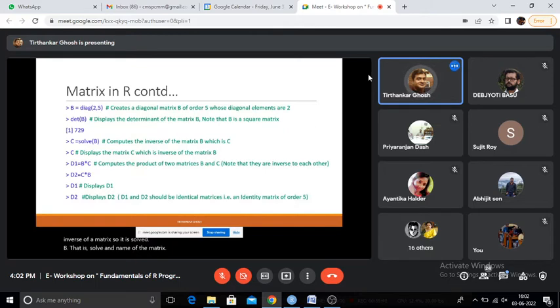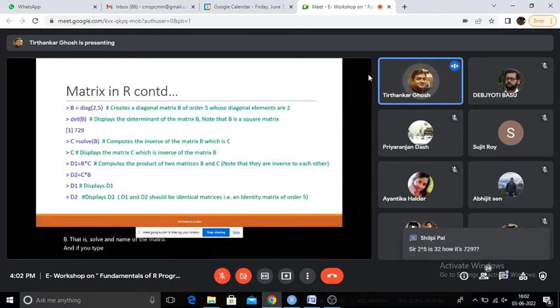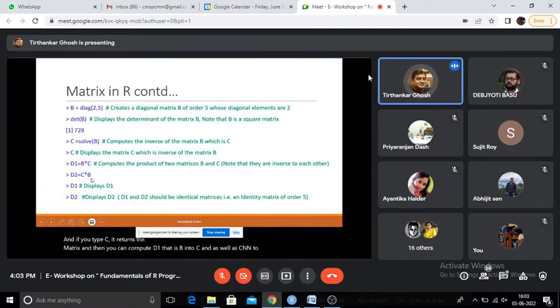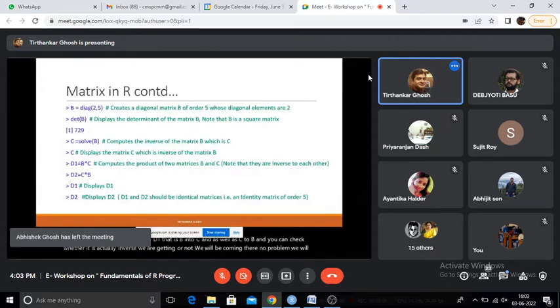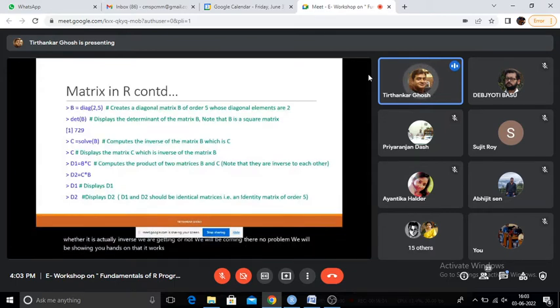If you type C, it returns the matrix, and then you can compute D1, that is B into C, as well as C into B, and check whether we are actually getting the inverse or not. We will come to that and show you hands-on that it works. So these are the matrix operations we can do in R very simply, and we can go to the next.